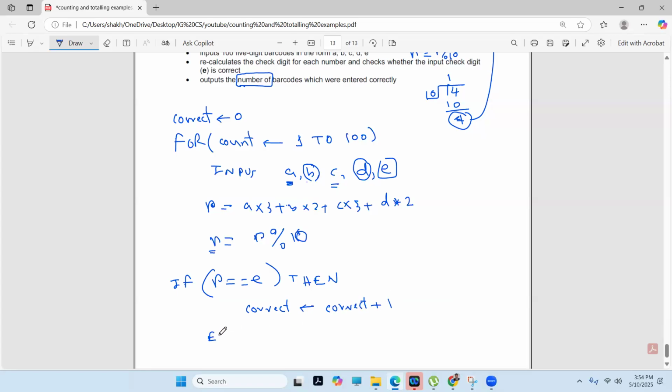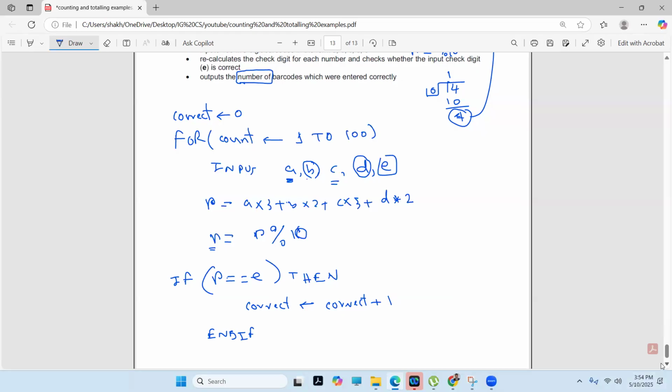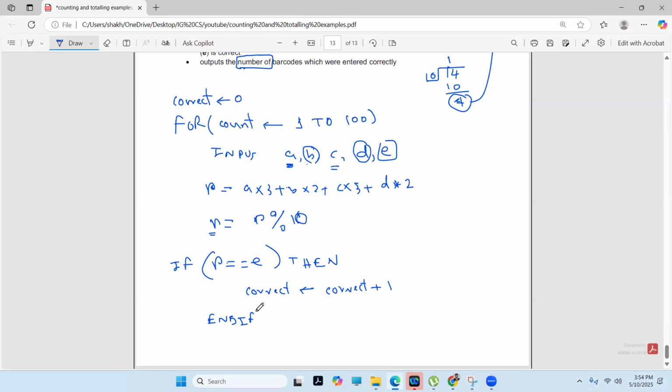That's it. So a big question, but the solution is small, because you have to read and decide and understand the solution. Next count. Now print